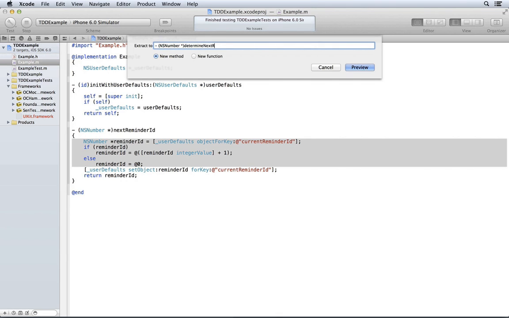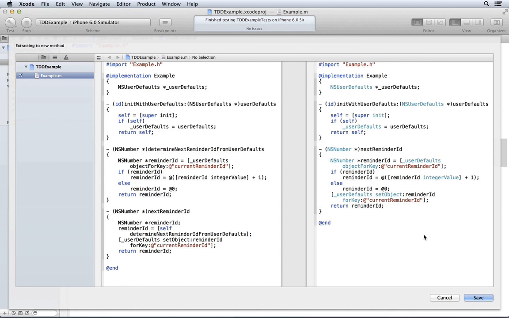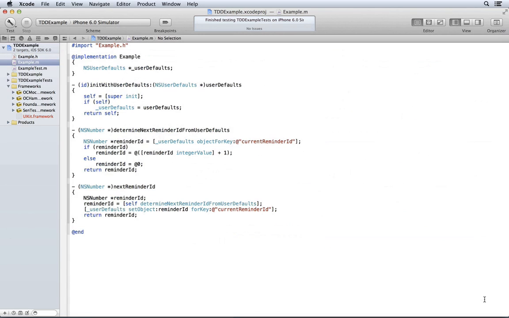Say determine next reminder ID from user defaults. That's pretty good for now. So now it's pulled this out. Let's clean this up a bit, because it's setting this variable, and all it's doing is returning it.